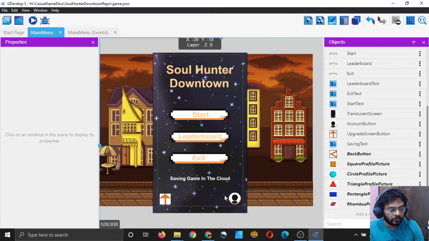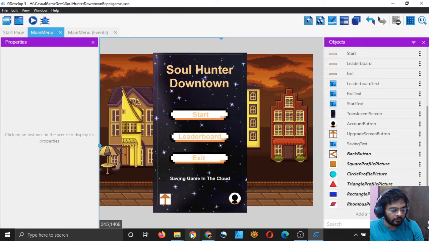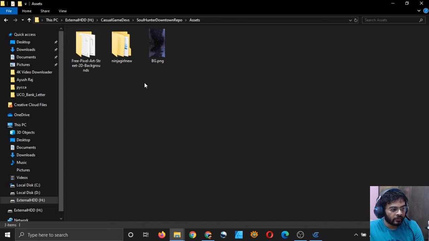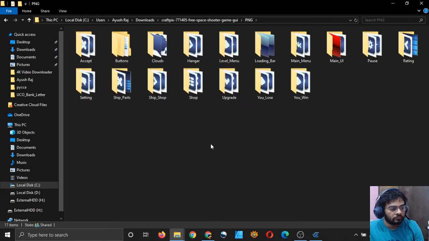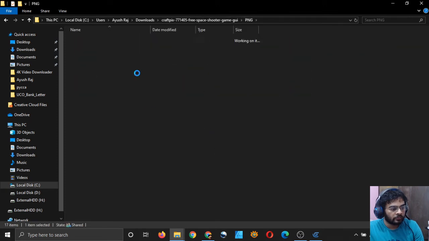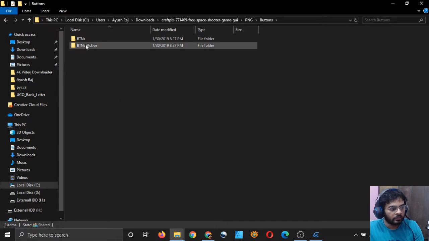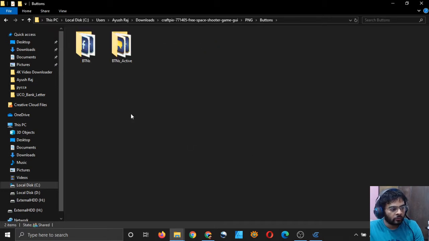So let's try to replace one of these buttons. I will go to my asset which I downloaded, and I have some nice buttons, and you have regular buttons and active buttons.